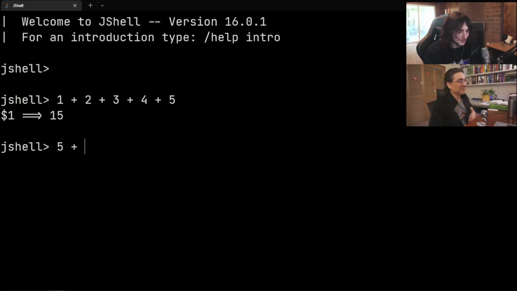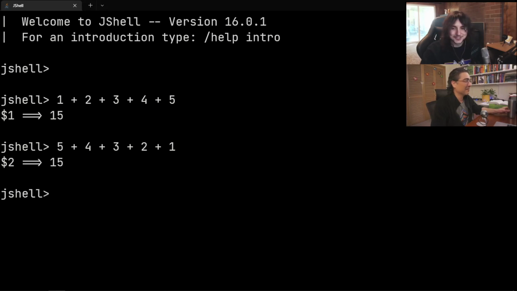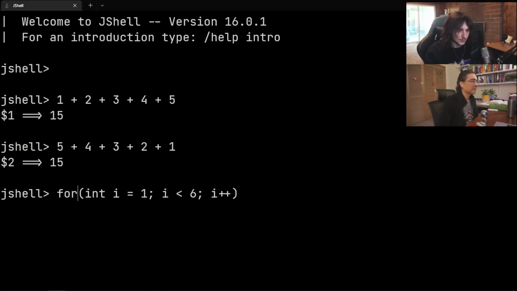We can do it the other way, which is also fine. We can do it iteratively using a for loop. So we can have a for int i equals 0, or 1, I guess, it doesn't have to be 0, while i is less than 6, i plus plus, and then we can just have some int sum,